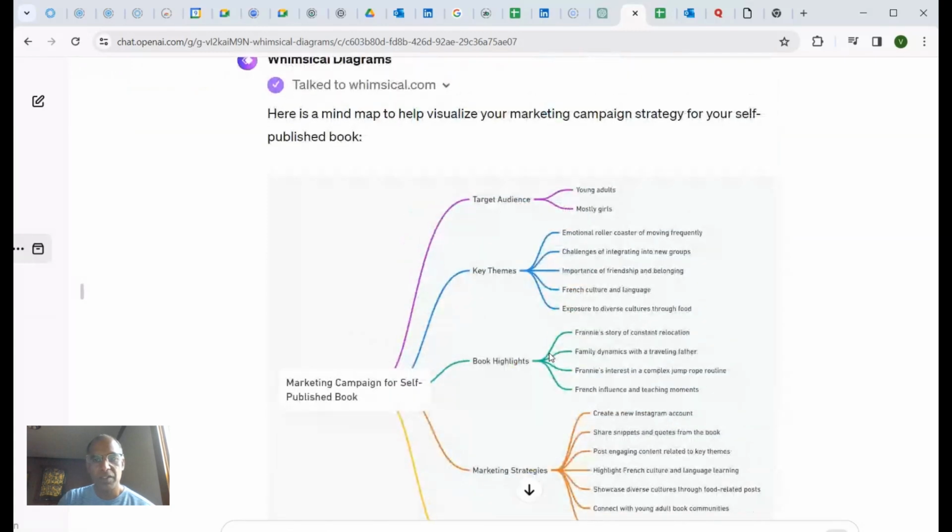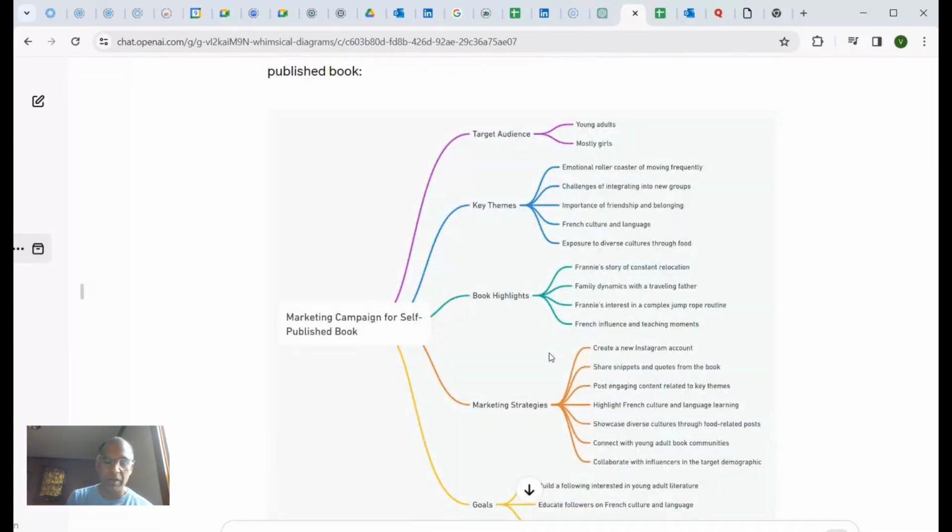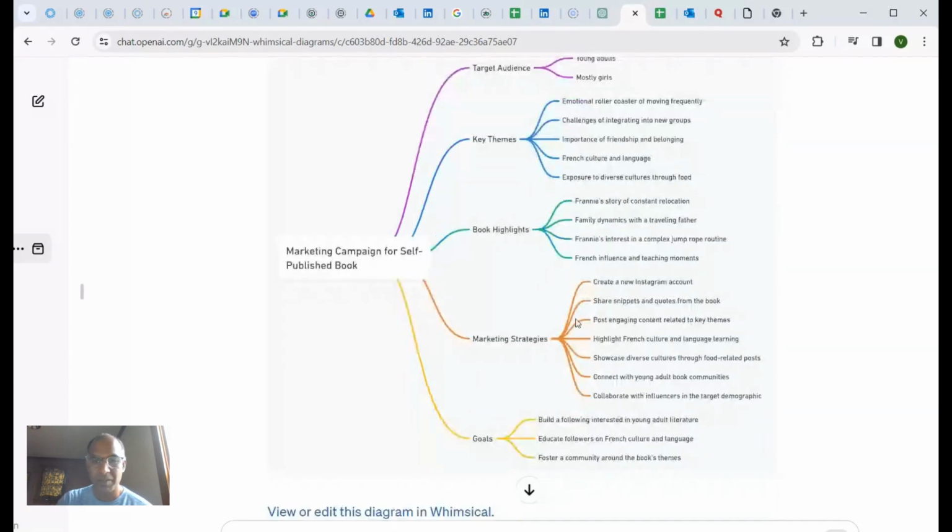And again, the point is not whether it got it accurate or not, but that I did not have to type any of this out. I just gave the blurb, and ChatGPT was able to generate this mind map, and I'm pretty sure it can generate flowcharts and other things. So another good example of where all the time that we tend to spend today dragging things and typing stuff out can be done by ChatGPT if you have the right prompt.